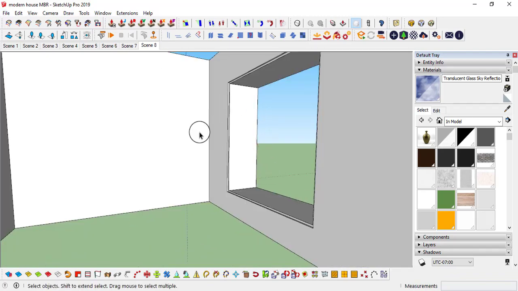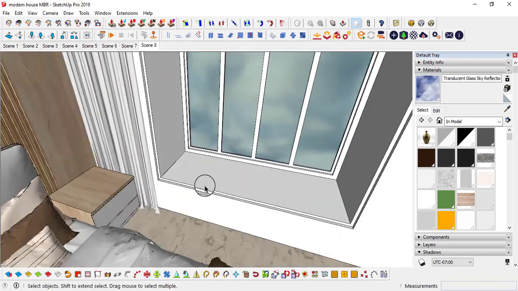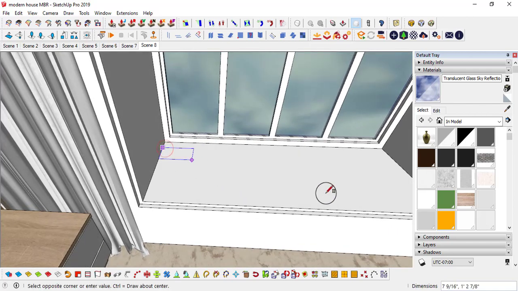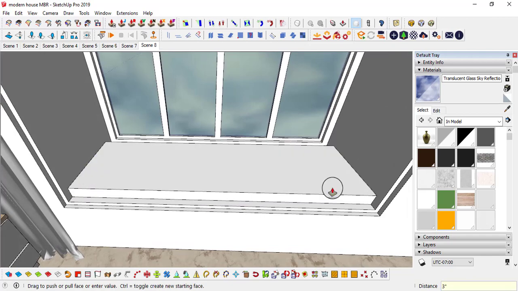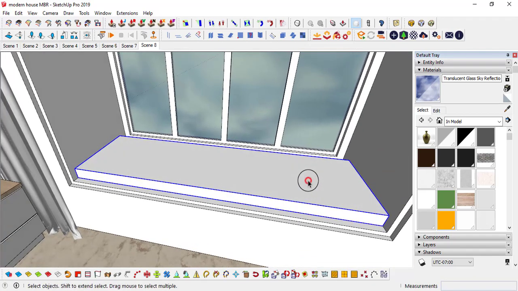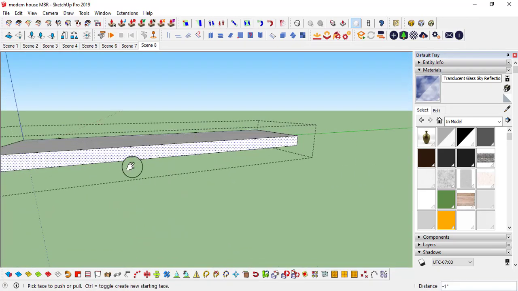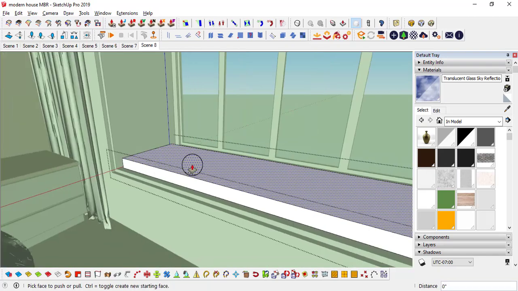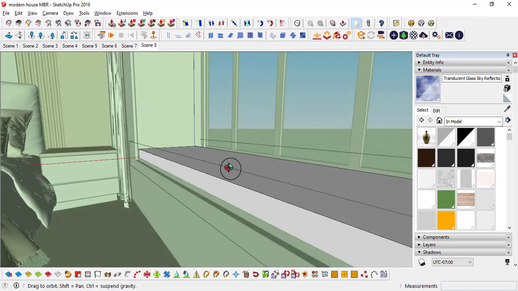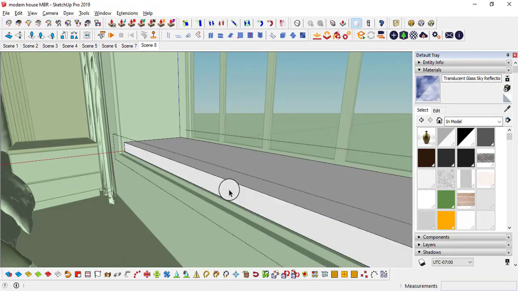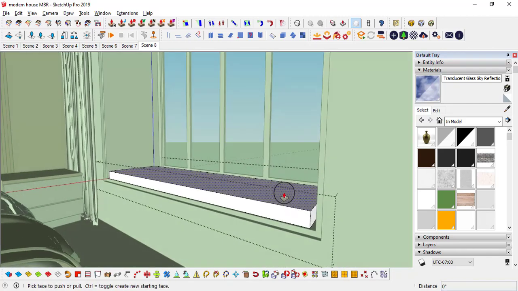Just it will give some lines to this scene, and we need a sit out cushion. Simply make a rectangle like this. I'm going to push pull it to 3 inches, make it a group, push pull 1 inch in this direction, 1 inch, and probably up to this little bit 0.5, and on average I'm making it 3 inches cushion, or you can increase for 1 more inch.